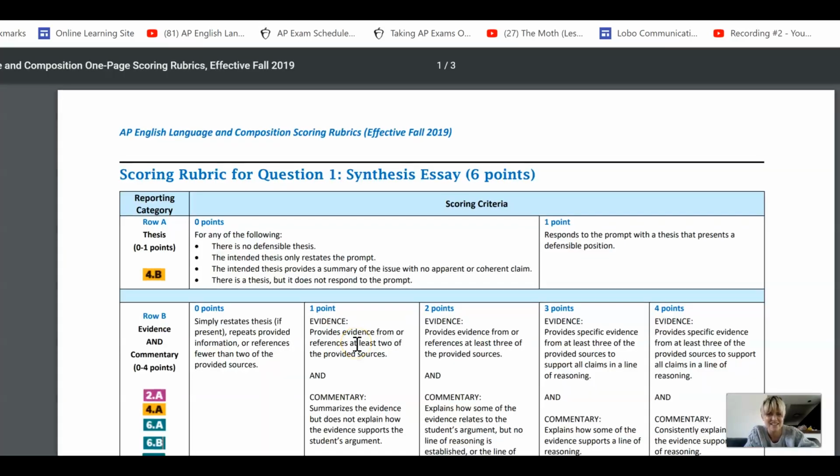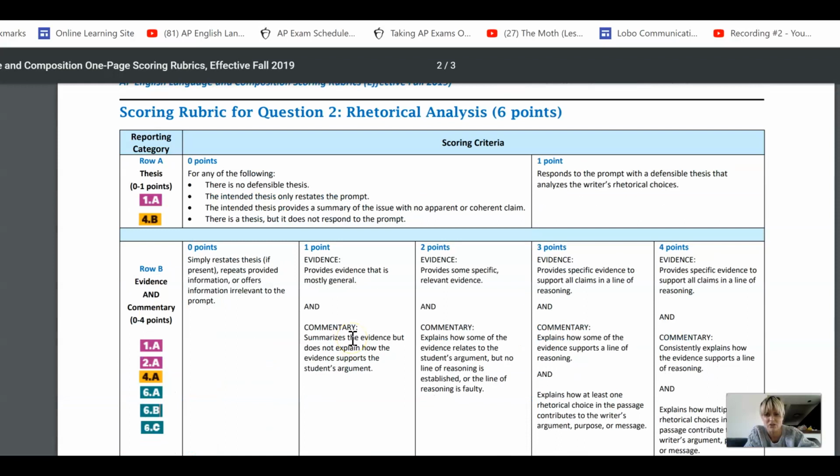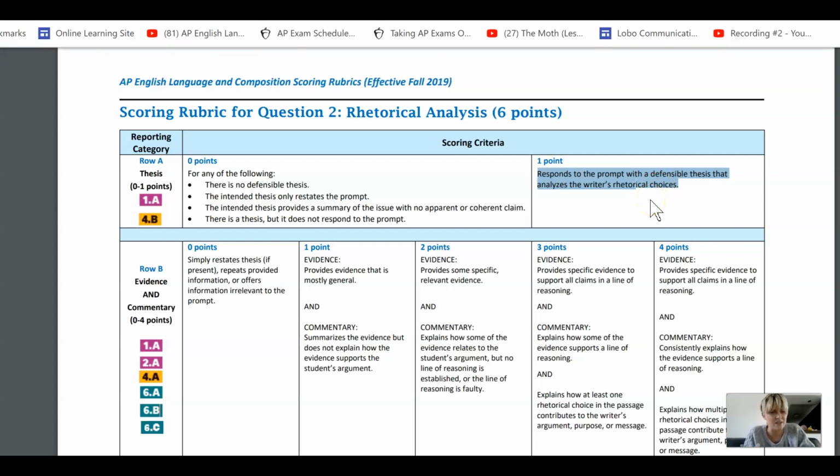So this is the rubric. It's actually page 2 because it's rhetorical analysis. And remember that you get a whole point for having a strong thesis. This is important not to lose this point, right? Because you want to have a strong thesis up front. It's a whole point just for having it. And for this part, you have to have two things. You want to have a purpose, like what's the author's intention, and their strategies, like how are they accomplishing it? What choices are they making that are really standing out to you? You don't have to put every single strategy they make, just do the ones that you think are most meaningful.